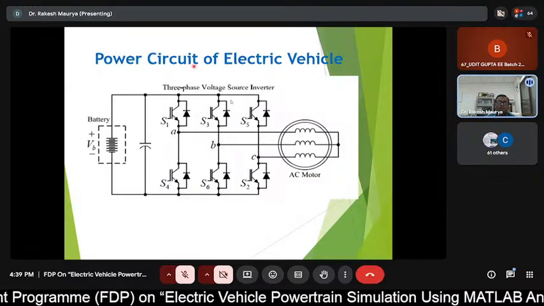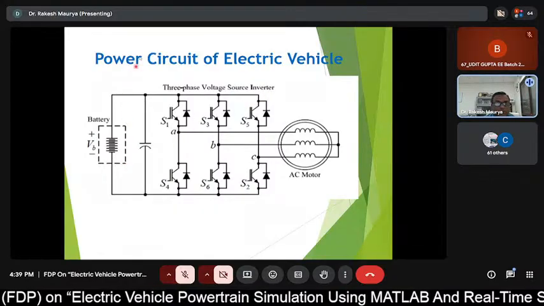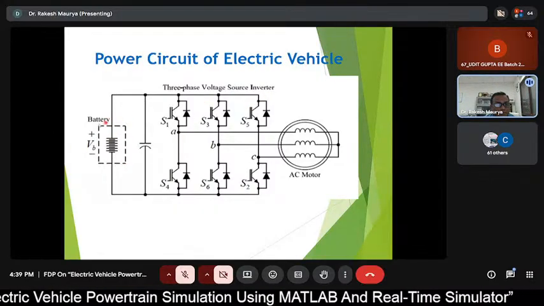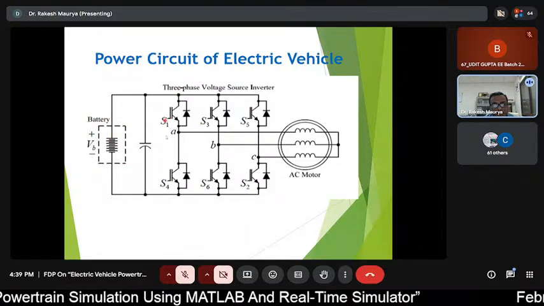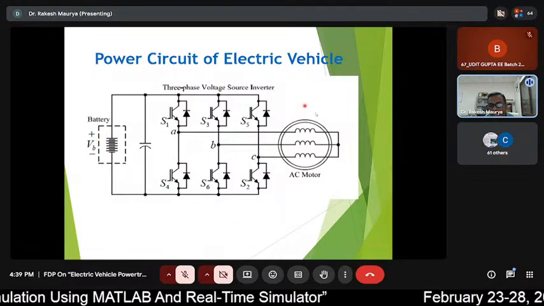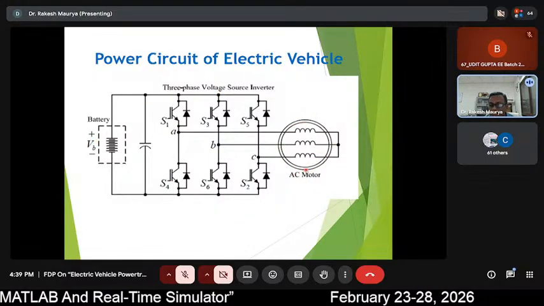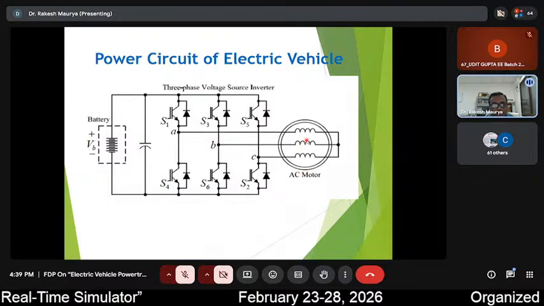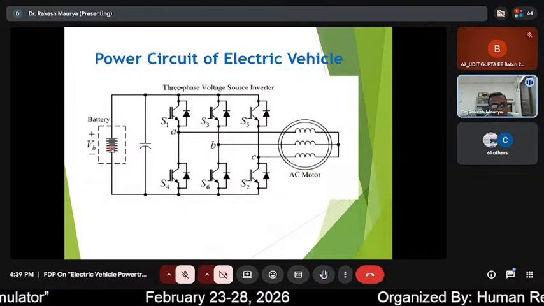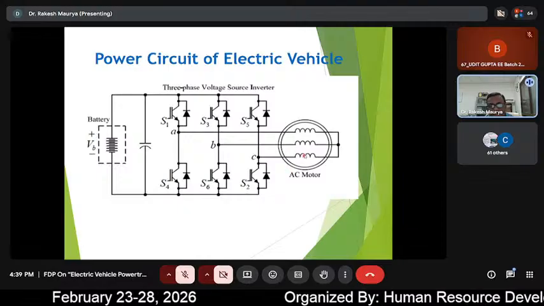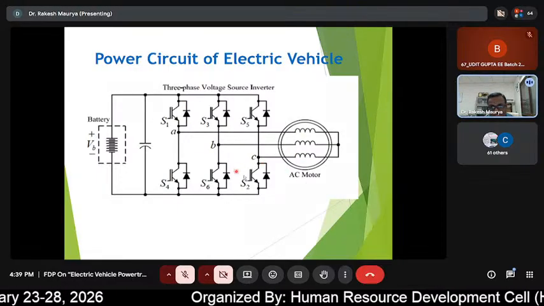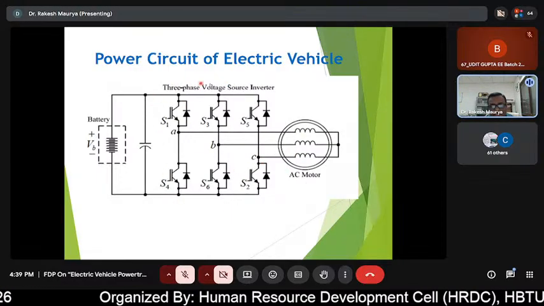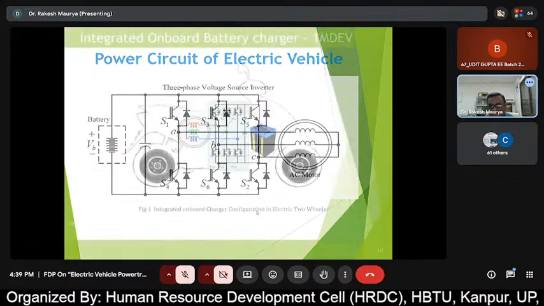Now if you look at the power circuit of every electric vehicle, we have a battery, and this is the inverter which is used to drive any AC motor, let's say the induction motor. So during motoring, the power is going to flow from the battery to the motor through this inverter. But if I want to make the integration process, then